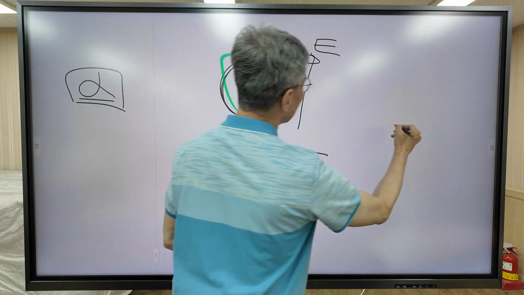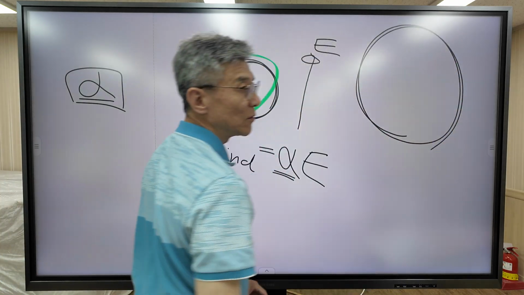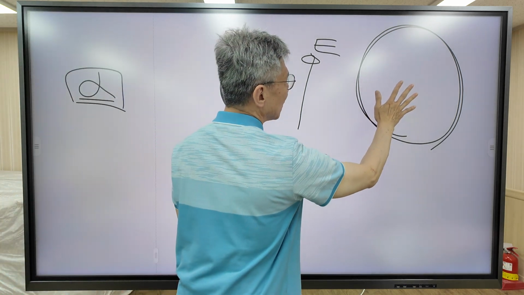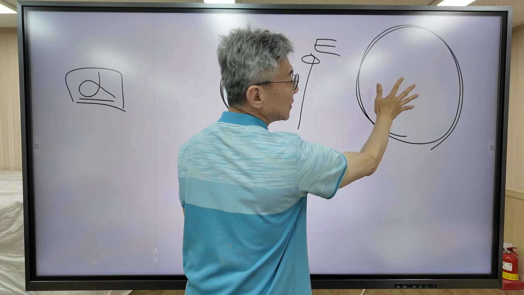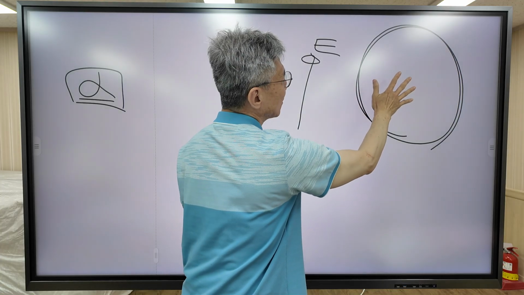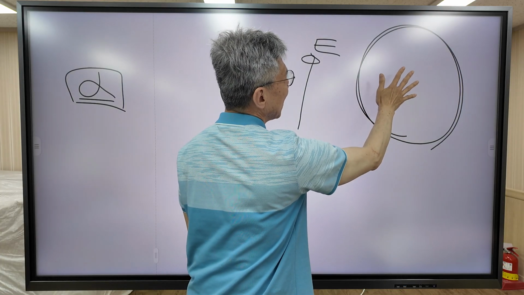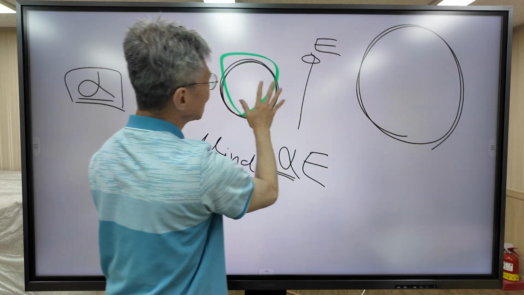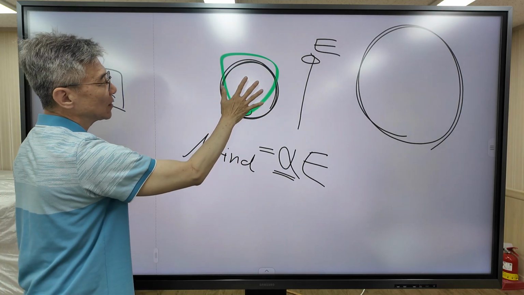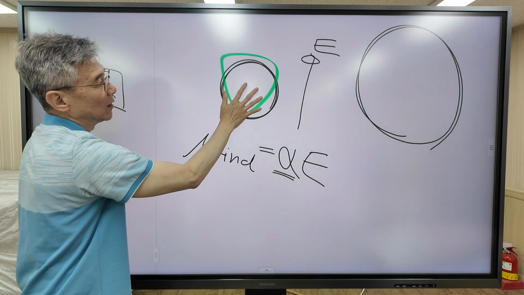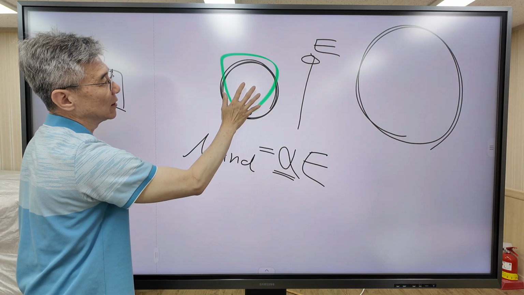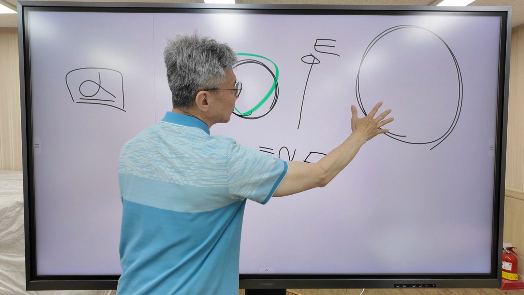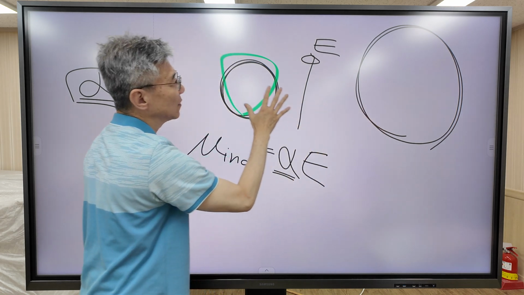Generally, polarizability depends on the size of the molecule. So this is a small molecule. This is a large molecule. When you apply the electric field to the large molecule, the electron cloud is more easily distorted, because in the large molecule, electrons are loosely held by the nucleus. So the electron cloud is easily distorted. But in the small molecule, electron clouds are tightly held by the nucleus, so electrons are not easily distorted. So the polarizability of a large molecule is large compared to the small molecule.